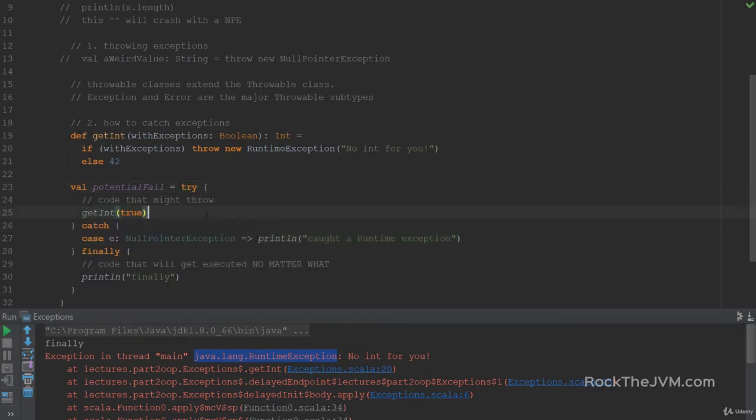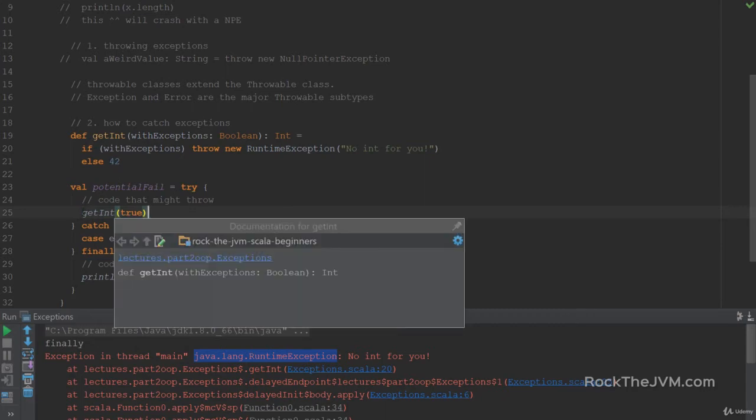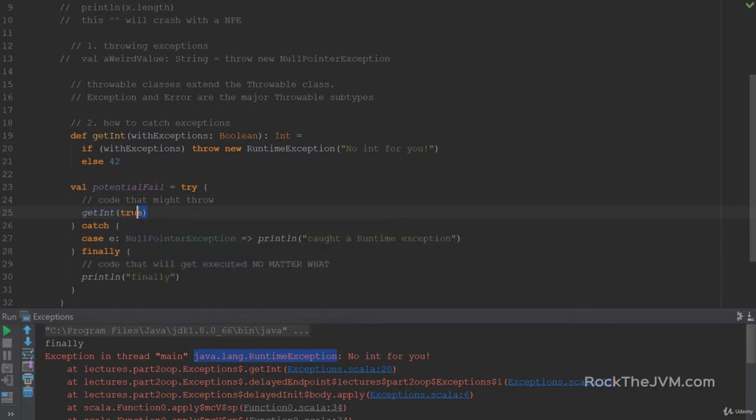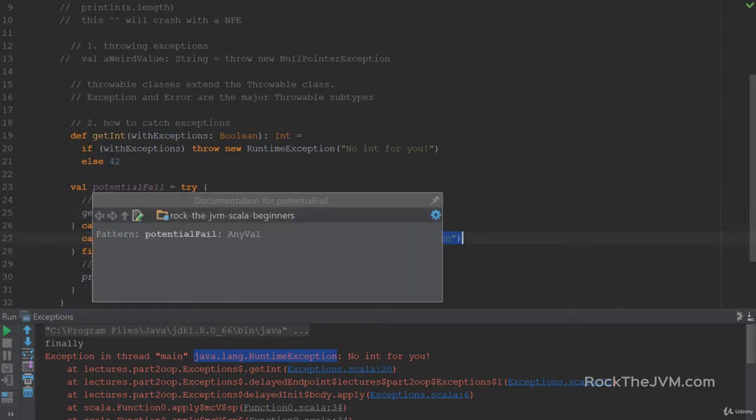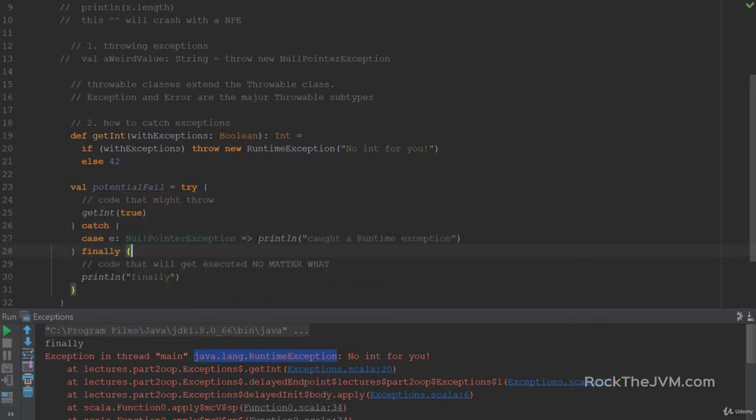Well, that's because the try block tries to return an Int. So the value returned by getInt is an Int, but the value returned from catching the NullPointerException, which is this println statement, is Unit. So when the compiler tries to unify Int and Unit, it gets AnyVal. If, for example, when catching the NullPointerException, I return the value, say 43, and let's change this back to RuntimeException,